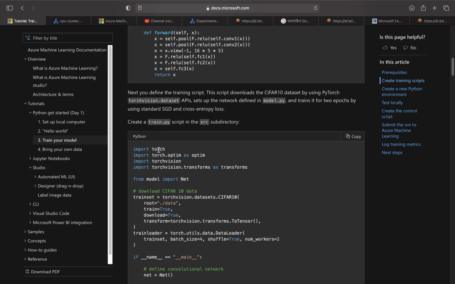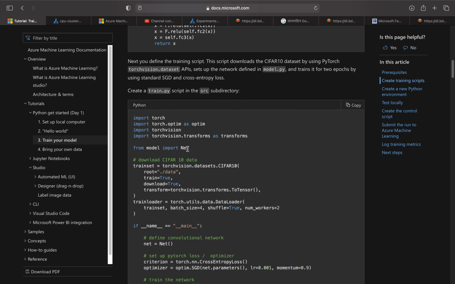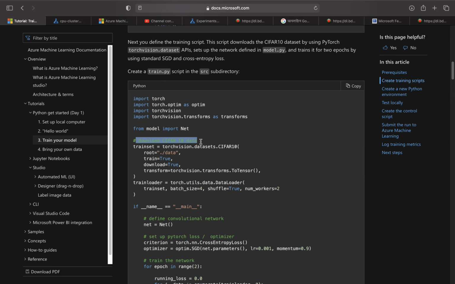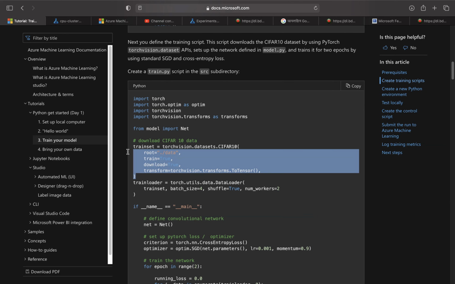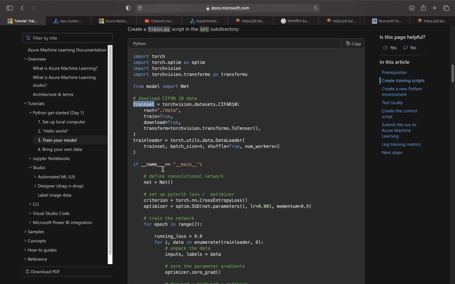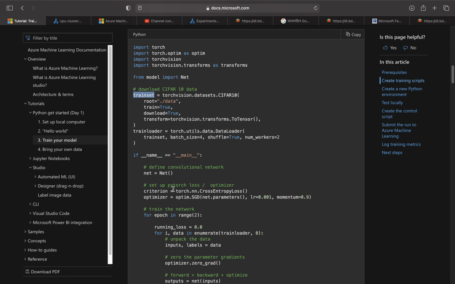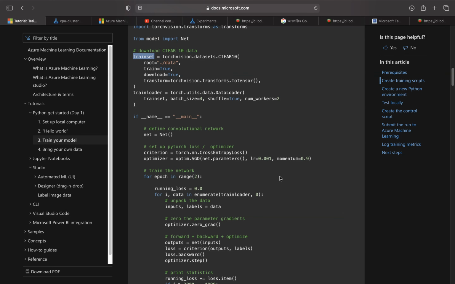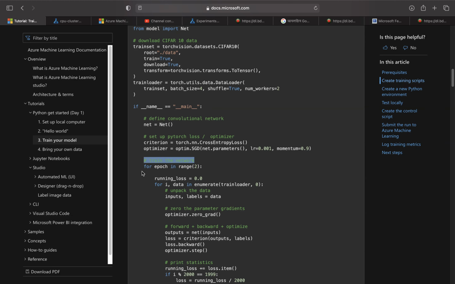And this code is using the torch module, torch.optim as optim, and torchvision as well, and for the model, importing Net. Here they're downloading the CIFAR10 dataset, and this is the variable that's storing the data. And then they have trainloader, and they have the loss and optimizer, they're setting it up over here. Here they're training the network: for epoch in range, running_loss starting at 0.0, for i, data in enumerate(trainloader, 0), and they're doing